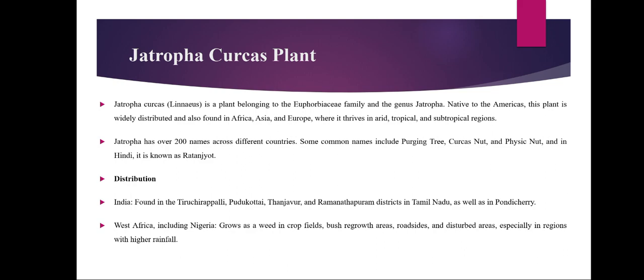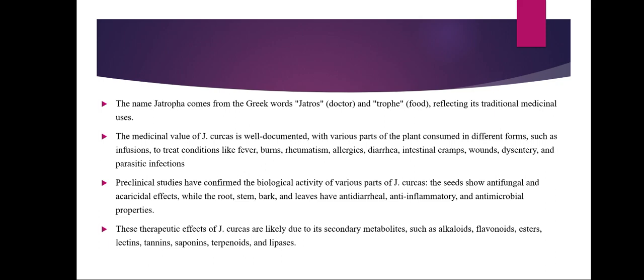Distribution: India, found in Tiruchirappalli, Pudukottai, Tanjavur, and Ramanathapuram districts in Tamil Nadu, as well as in Pondicherry. West Africa, including Nigeria, where it grows as a weed in crop fields, bush fallow areas, roadsides, and disturbed areas, especially in regions with higher rainfall. The name Jatropha comes from the Greek word Jatros, meaning doctor, and trophe, meaning food, reflecting